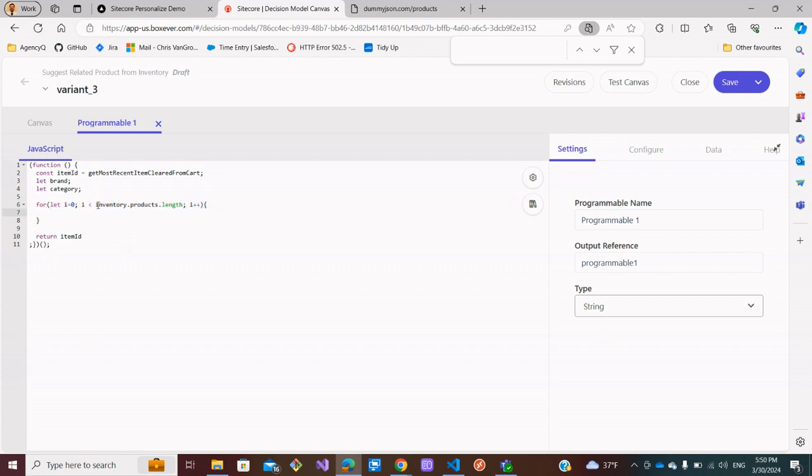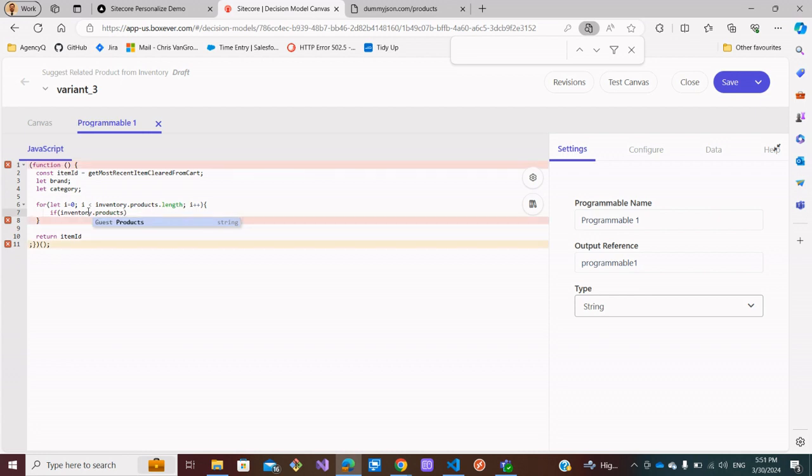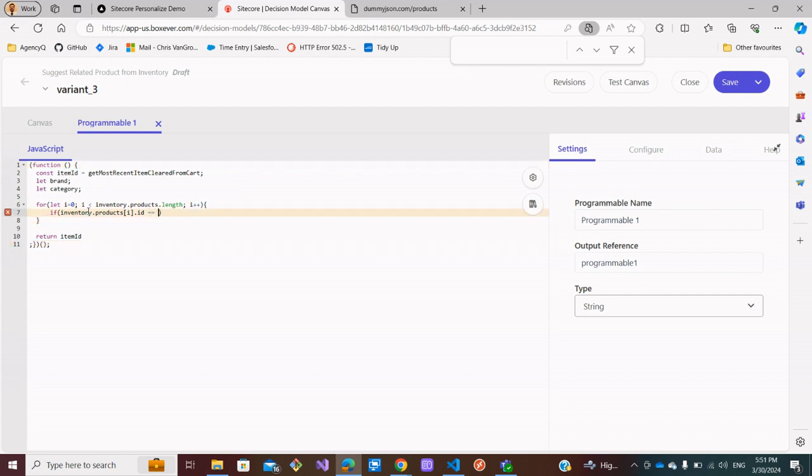I think the output was called inventory. We checked that. Okay, and then we're going to say if inventory.products[i].id is equal to item ID,